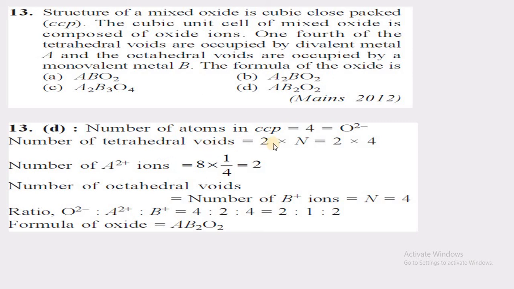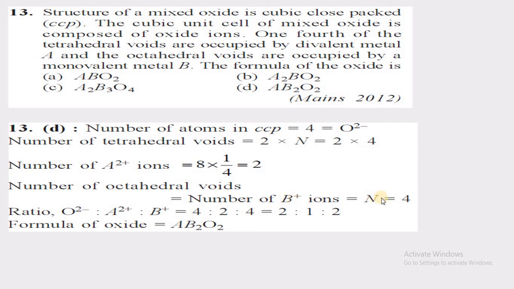Number of tetrahedral voids is 2 into n, 2 into 4, that is 8. Hence the number of A2 plus ions, because this is divalent, hence A2 plus, and 8 voids are present, but 1/4 of the tetrahedral voids are occupied by A2 plus. That means 2 A2 plus ions are present. Among these 8 voids, 1/4 are occupied by A2 plus. Hence the total number of A2 plus ions is 2, and the number of octahedral voids is equal to the number of